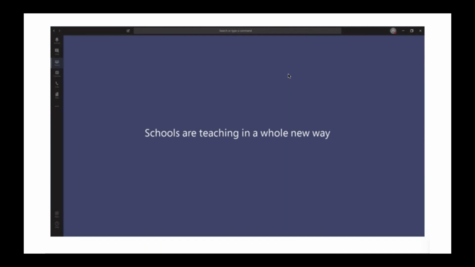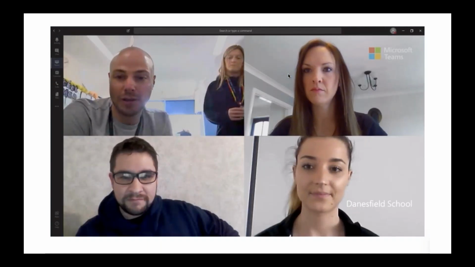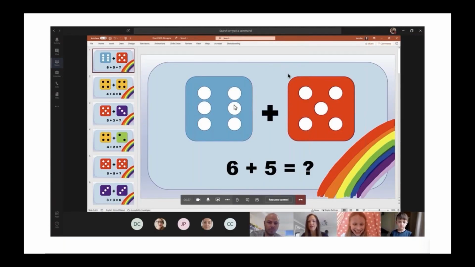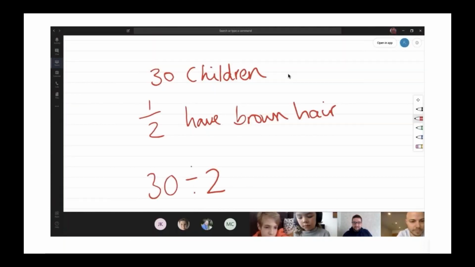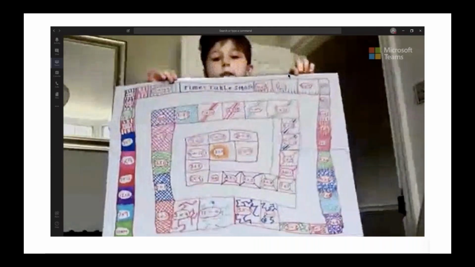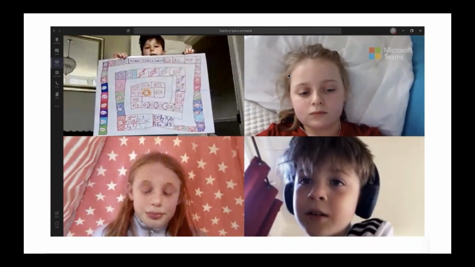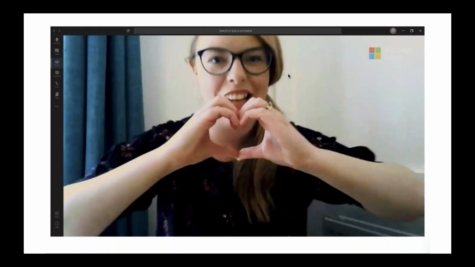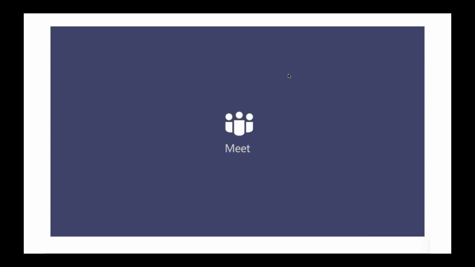So now we've had to go to remote learning. It's been a fairly simple process through Teams. Something that I found useful is being able to share my screen. Can you see my screen now? I can see it. Galaxy divided by 2 is 15. Brilliant. That's like an art project as well as a maths game. It's great that the children are able to see each other as well. Excellent. Let's have a round of applause for Ella. How nice is that? Get an opportunity to see your students and to be able to communicate and converse with them. It's just been fantastic to have those opportunities.